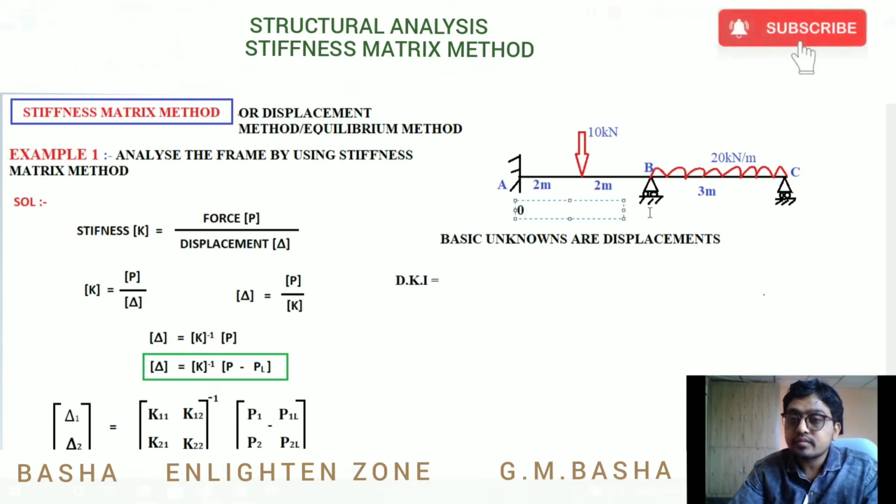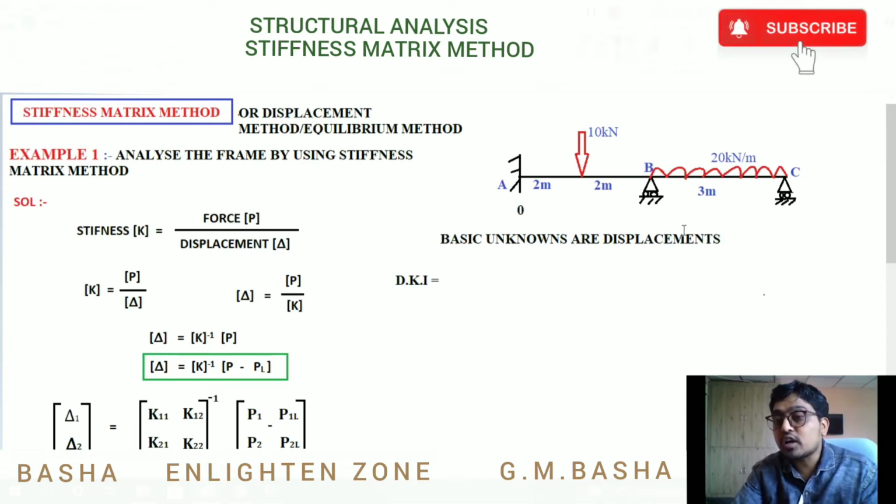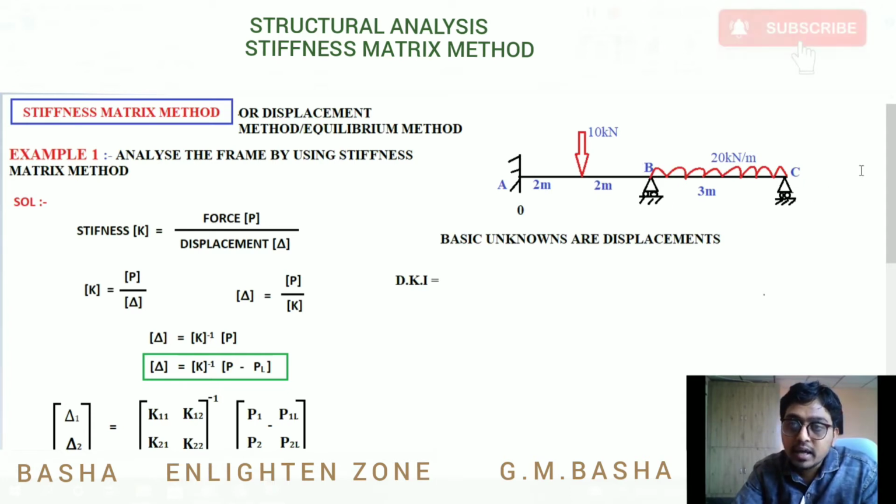And what about the roller support? For the roller support, how many degrees of freedom? Generally for the roller support there will be 2 degrees of freedom. And what are those? See here, the roller can move in the horizontal direction. If I apply any load horizontally, it can move in the horizontal direction. And if I apply any external force or any moment here, the roller can rotate here.